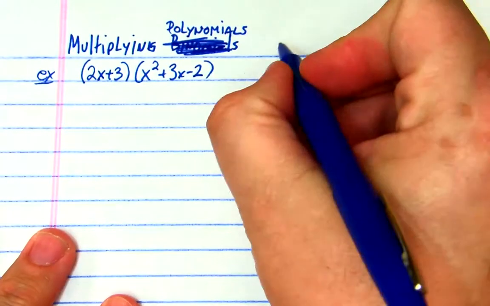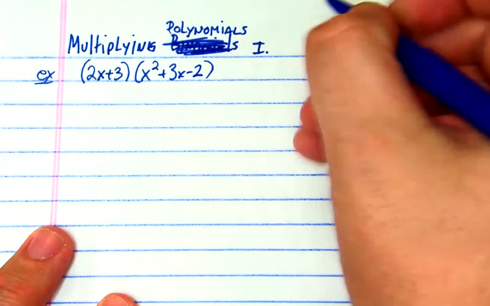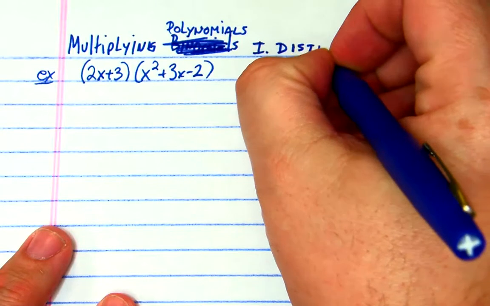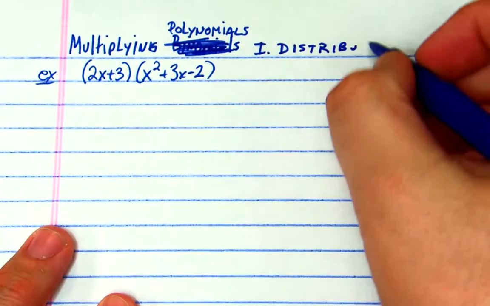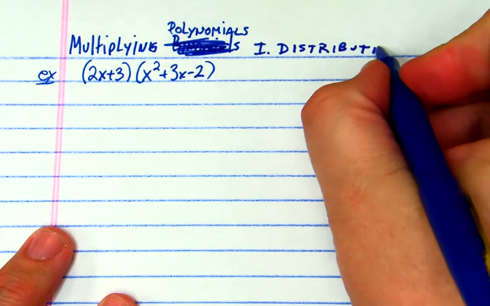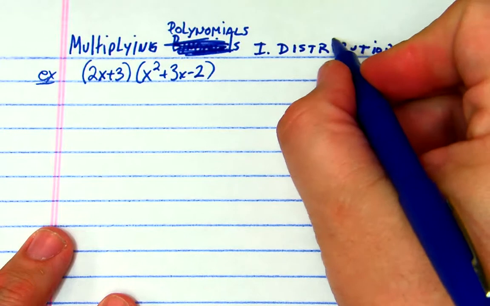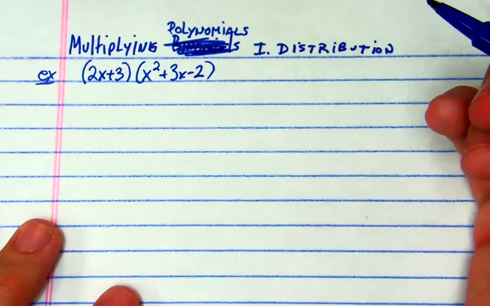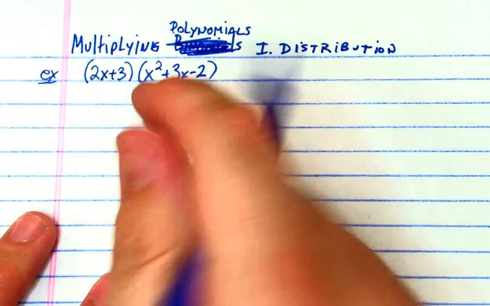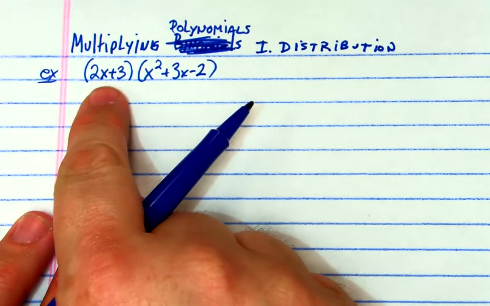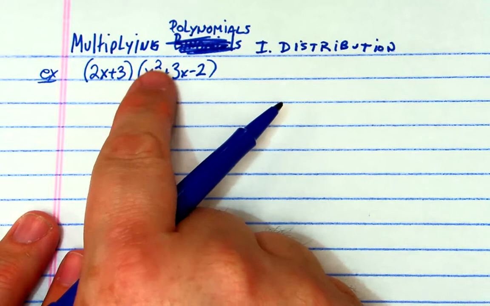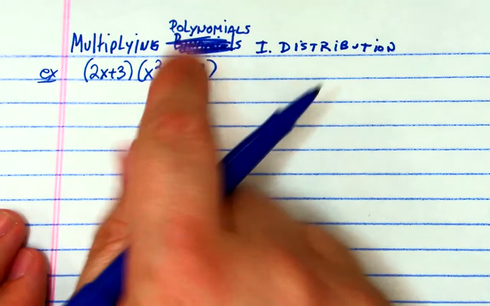So this is going to be method 1, and this is going to be the definition of it, which is distribution. The mathematics behind it say that all multiplication of polynomials has to use the distributive property. When you have, in this case, a binomial 2x plus 3 times a trinomial x squared plus 3x minus 2,